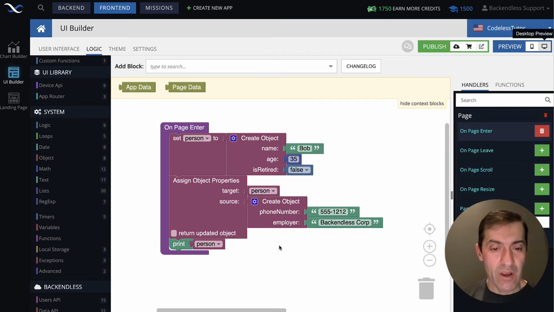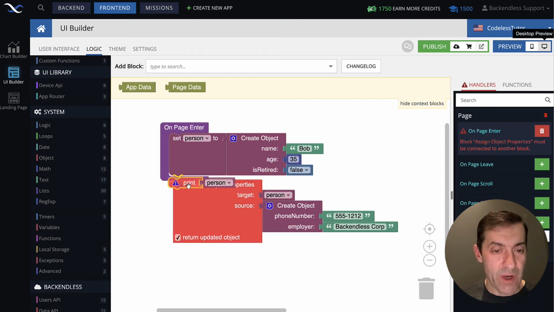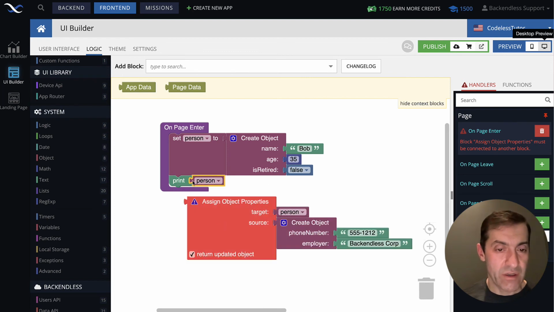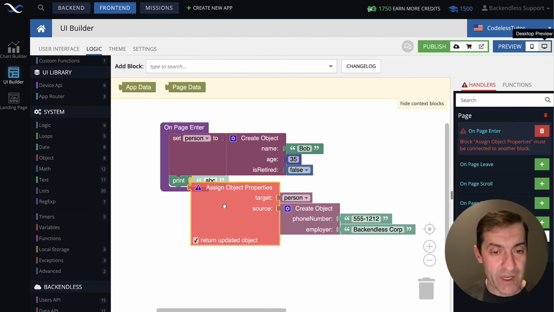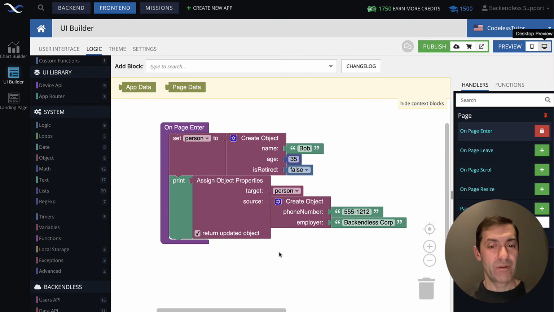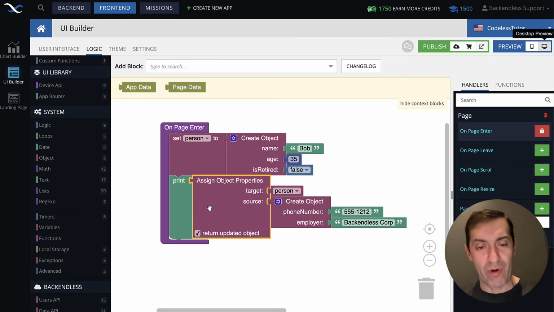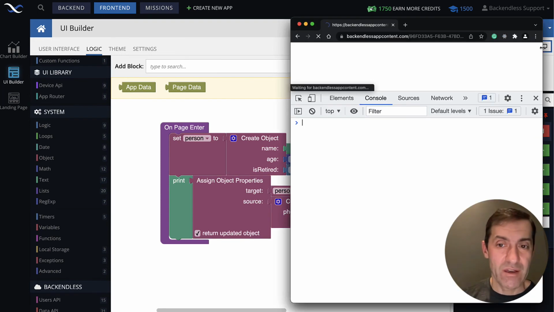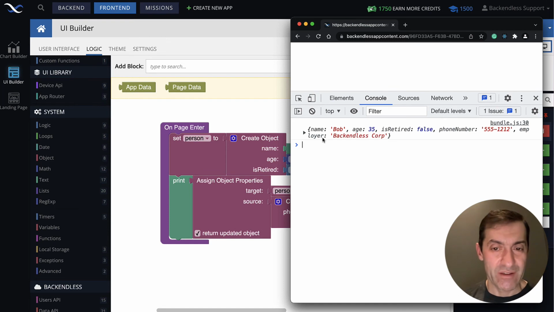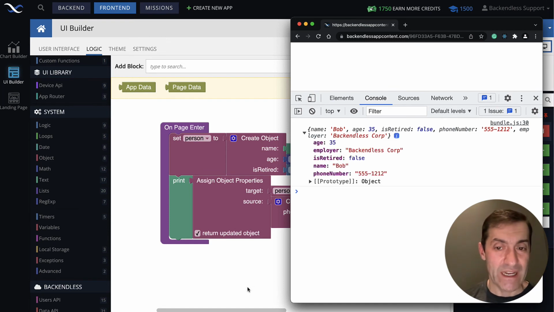Okay. Here's another little cool thing. In here, you can see it has this return updated object. And that becomes quite useful because in our codeless logic, we can combine those two together. So this will actually update person, but it will also return it back for some other operation. So if I rerun this, it's going to be exactly the same result. That will basically show this updated person.